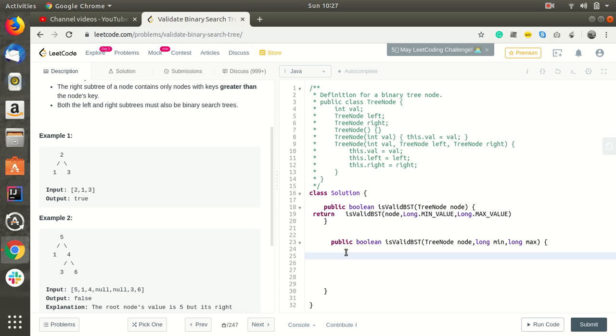So if root is equal to null, we will return true. It also means that if something comes null, it means that up to that position it was satisfying every condition of the binary search tree. So we are returning true over here.